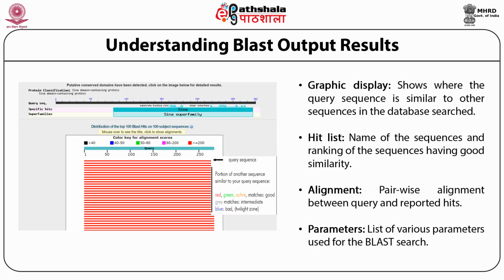The query sequence has been aligned against the database sequences, the proteins which align with this query sequence. Then you get a hit list, that means the name of the sequence, the ranking of the sequence, how well they are aligned and how good the sequence similarity is. Then you have a pairwise alignment for each hit, and each pairwise alignment and its scoring will also be reported. If you click the red color link, it will go exactly to the pairwise alignment and tell you about the sequence identity, sequence homology, the bit score and the gap penalty. Everything will be shown. It also lists various parameters for the BLAST search, which I will discuss in further slides.